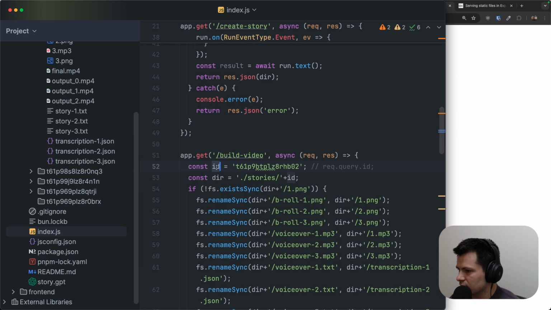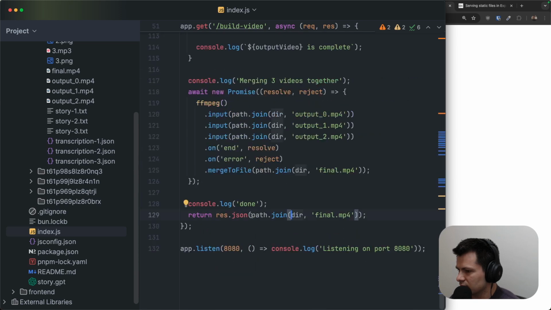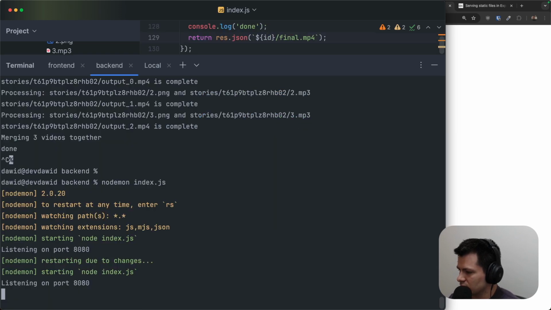Here, ID. So let's put just ID and then slash. Let's put backticks, ID slash and final.mp4, because this will be the relative path, the relative URL that we want to return. So yeah,